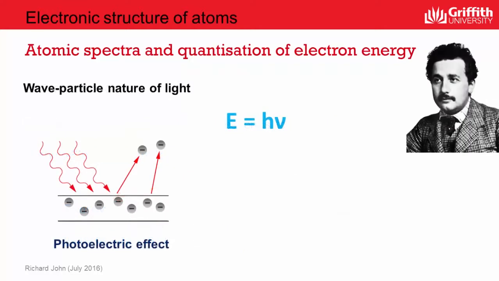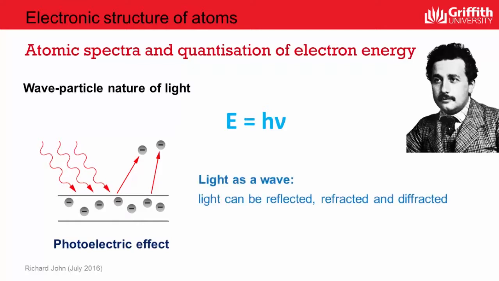In 1905, Albert Einstein was able to use this relationship to explain the photoelectric effect, which until then had escaped a satisfactory explanation by the prevailing classical physics at the time. The photoelectric effect involves shining light or electromagnetic radiation onto a surface with the result being a release or emission of electrons.